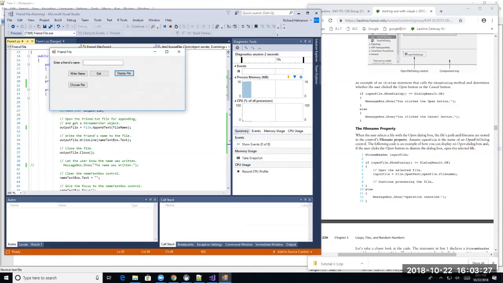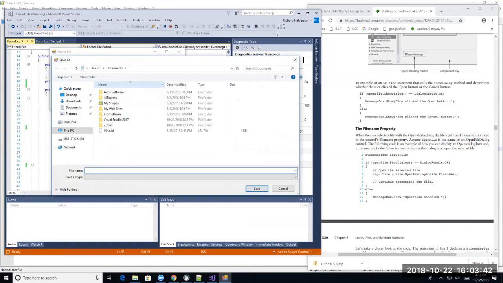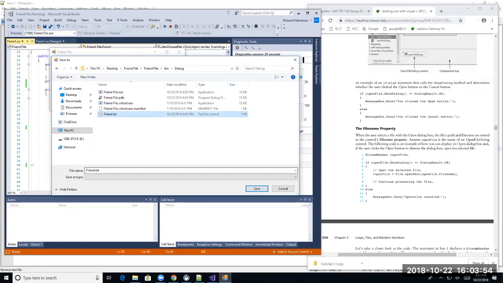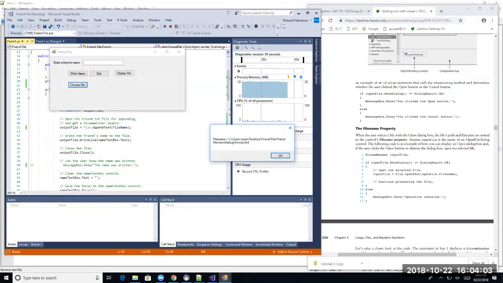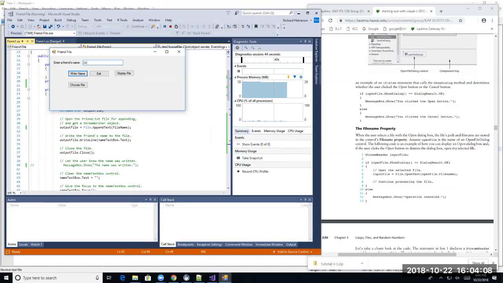Okay, this displays a file. June Jones. And now it says June Jones is there. Now let's choose a different file. Choose file, and this thing pops up. Let's go to my desktop, and I see this. Let's go down here, and here's that friend. Now I'm going to make it friend2.txt. Just put another one there, friend2.txt. So click there, and now it says the file name is now equal to this. Great. So now I'm going to say Joe Schmo,